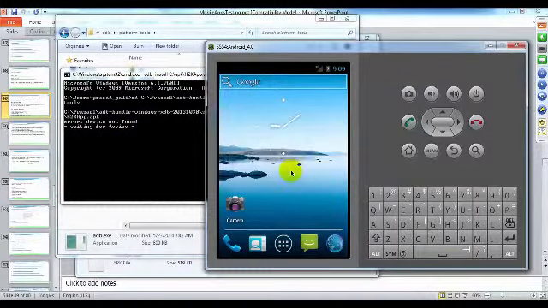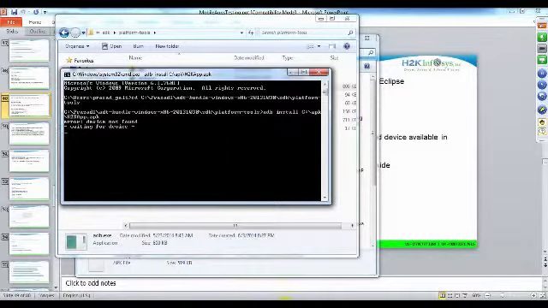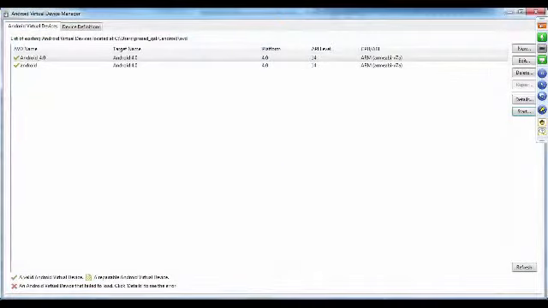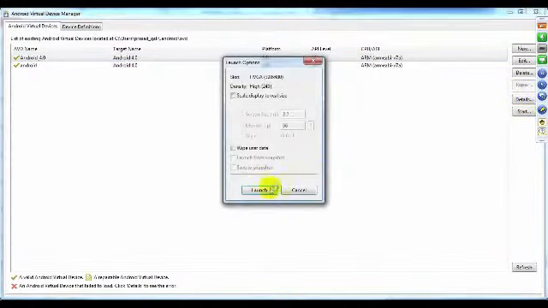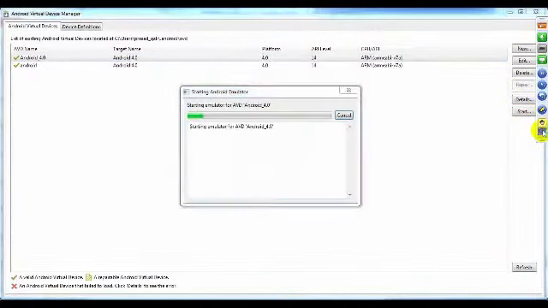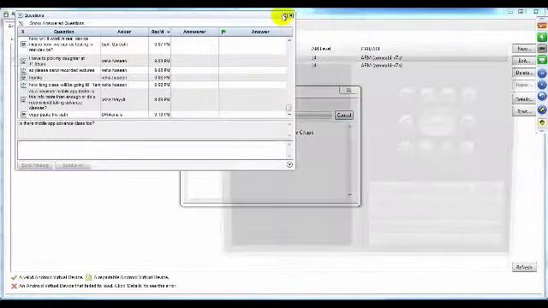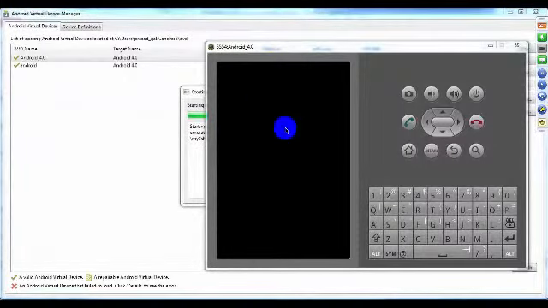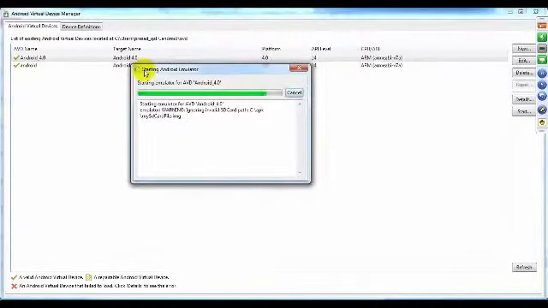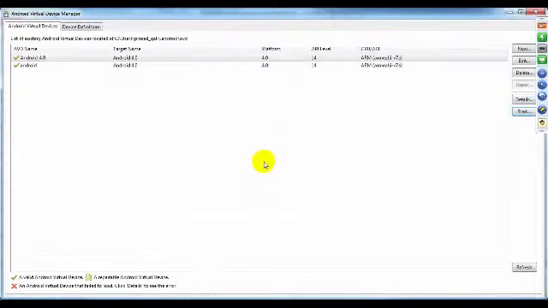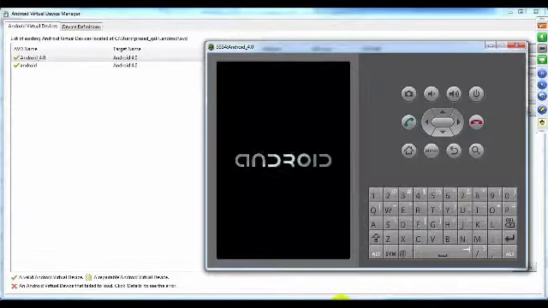Okay, let me reopen my device. Select the device, click on start, click on launch.